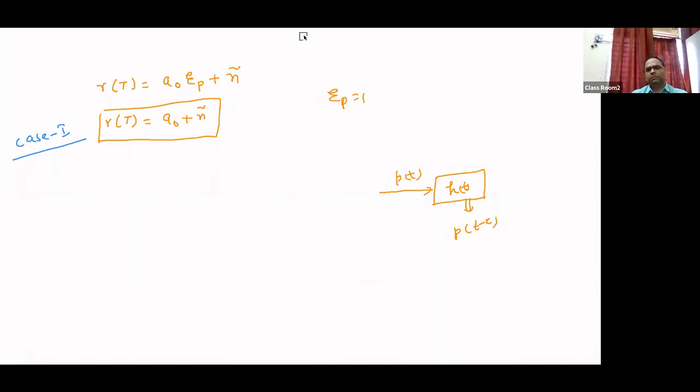Nothing, because tau is a constant value, right? P tau minus T or PT minus tau is just showing the shifting either to the right hand side or left hand side. It doesn't have to do with the energy of that pulse, right? The energy of your pulse will remain constant, whether you shift it here or there. If you are writing tau minus T, I will read it as nothing but T minus T plus tau, right? It is minus T plus tau.